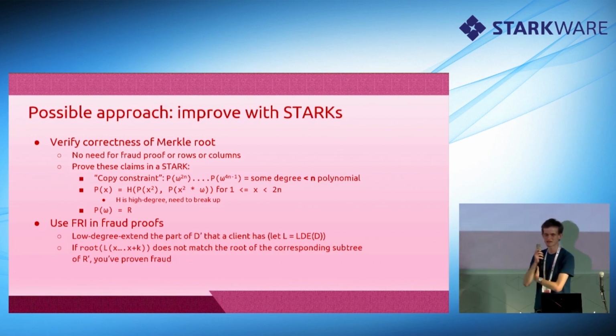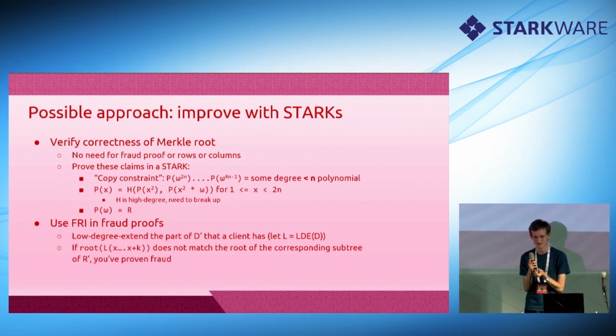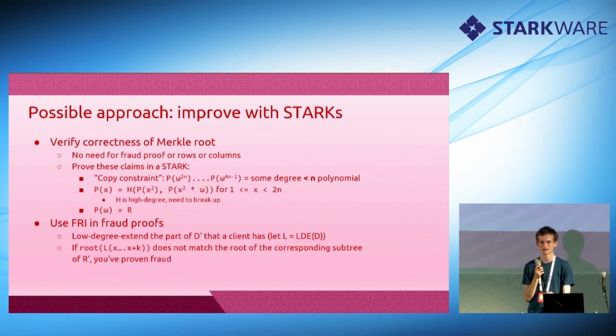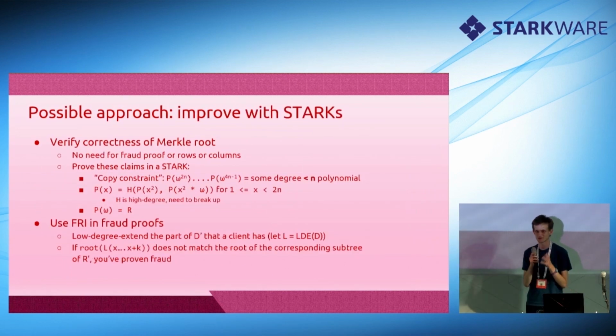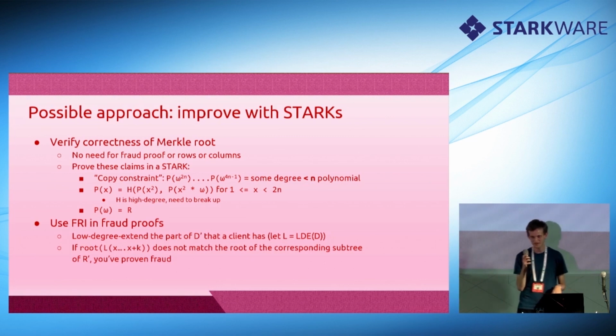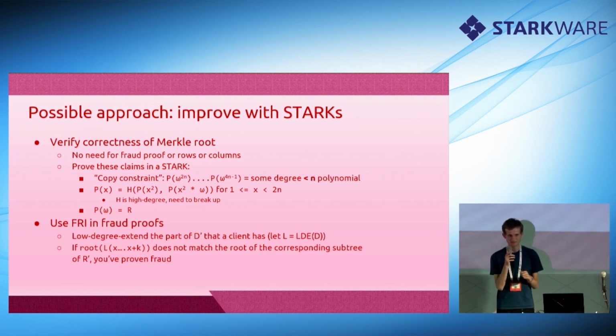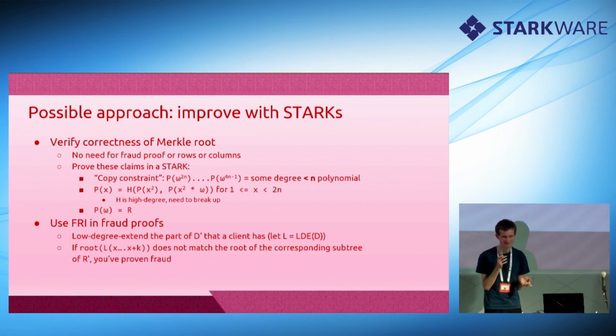I'll start with the scheme at the bottom. The scheme at the bottom basically says we're going to use FRI, the ingredient in Starks. And what we're going to do is use this to give the same properties as the 2-dimensional scheme, but on top of simple 1-dimensional codes. Right? So if you have a D prime that has a bug in it, instead of providing the entire D prime, we're just going to do a bit of clever math, and we're going to use FRI, use one of these kind of f of x minus y over big X minus x arguments